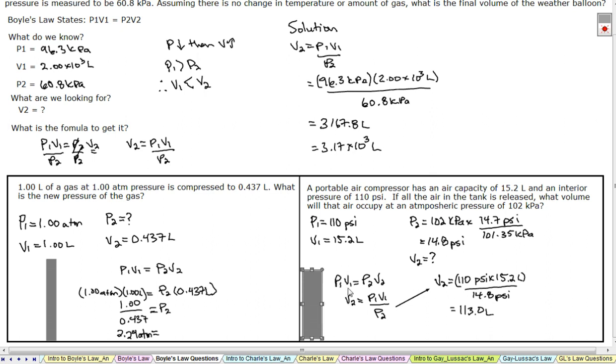So I did my equation, I manipulated it to solve for V2, so what I did up here, and I plugged everything in, and look at that, 113 liters. 110 is much greater than 14 or 15 roughly. So you can see that there's been a great change in volume, which concludes the lesson on Boyle's law, which deals with